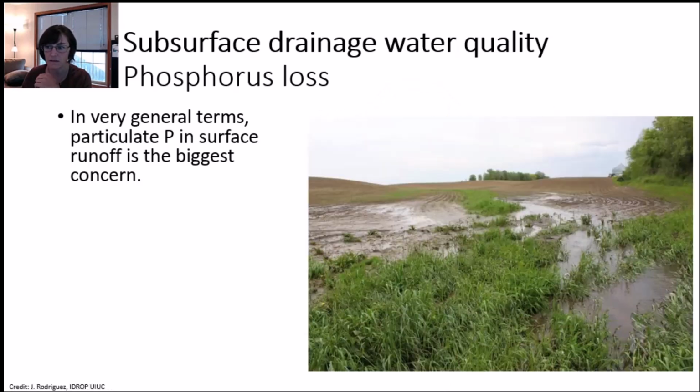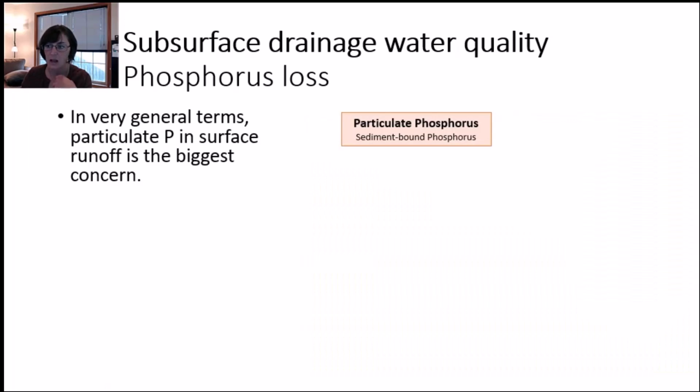Now we've talked about some of this before, but for example, when you see situations like this, it is a sediment and phosphorus problem associated with surface runoff. This is not a nitrogen problem in general, this type of surface runoff and erosion. Again, we've covered some of these concepts during the week when we talked about the phosphorus cycle, but as a recap,